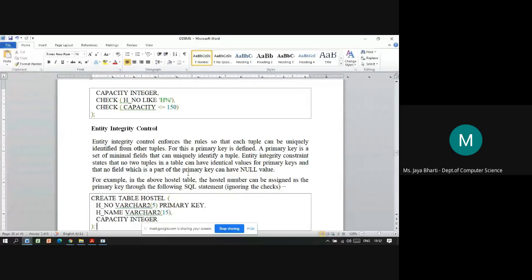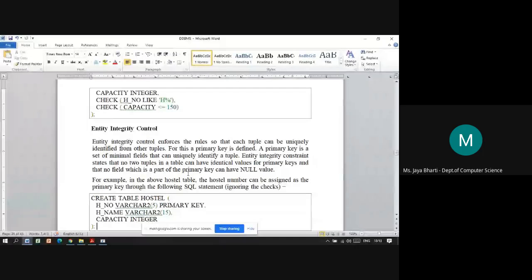In the relational algebraic term it refers to a table as a relation, rows as a tuple and column as an attribute. So remember, wherever I refer to these names. So entity integrity control checks whether the rules on that particular record are such that it can be uniquely identified. As we know, the CSIT students, they know all these things before. So for the uniqueness purpose, we assign the primary key constraint. Okay. So primary key is basically a set of minimal fields that can uniquely identify a tuple.